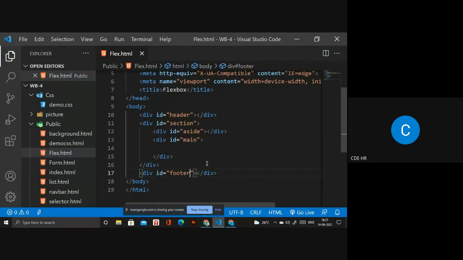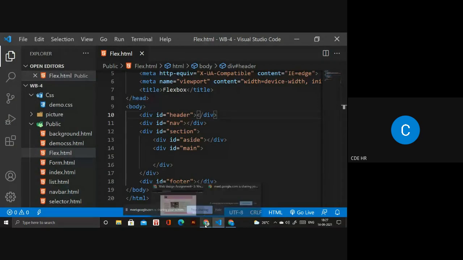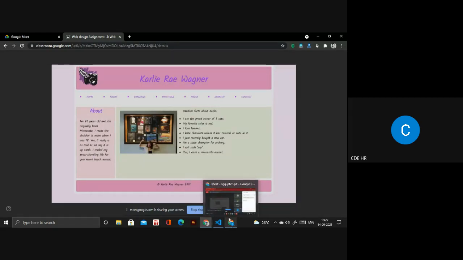Then, first thing, we need a navigation bar, right? So I need the navigation bar below that. The navigation ID is here. Okay. But first I need to create the header part. So what do I need to create in the header part? I will give a picture, something like photography. I will write the name of that. Okay. So I need to give a picture.